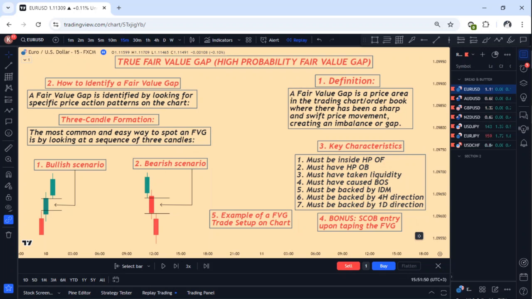So today we are going to discuss true fair value gap, that is high probability. This is my presentation, so we are going to start with looking at the definitions, and then we look at how to identify a fair value gap using these scenarios here, and then we are going to look at key characteristics of high probability fair value gap, and then we are going to discuss the bonus, especially for the entry,